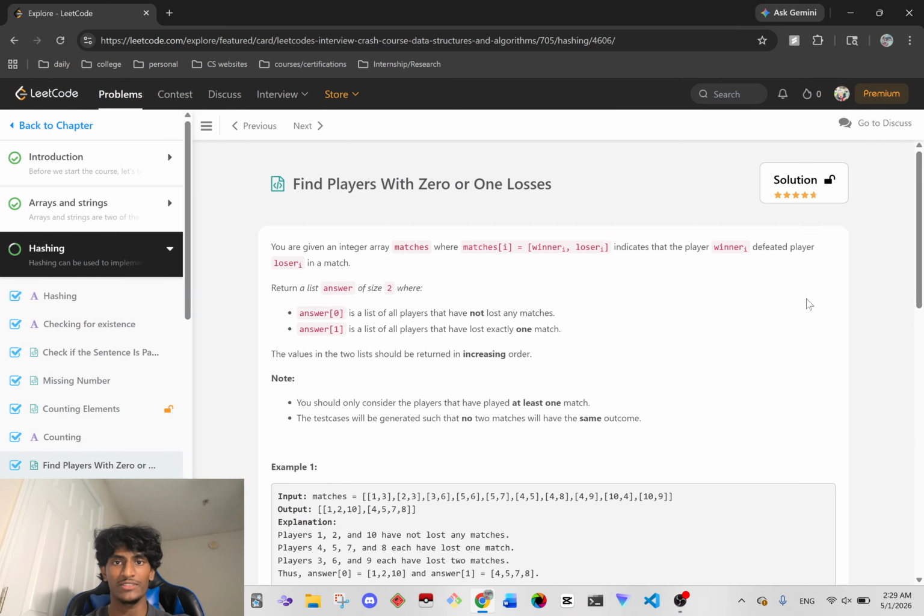Find players with 0 or 1 losses. You are given an integer array matches, where matches[i] = [winner_i, loser_i] indicates that player winner_i defeated player loser_i in a match. Return a list answer of size 2, where answer[0] is a list of all players that have